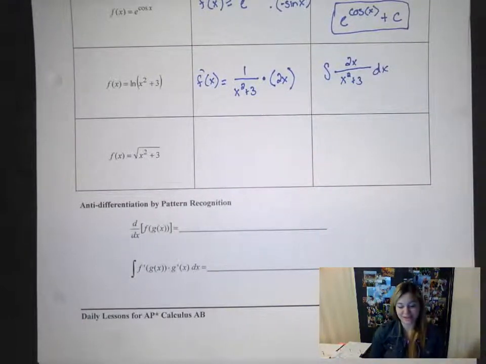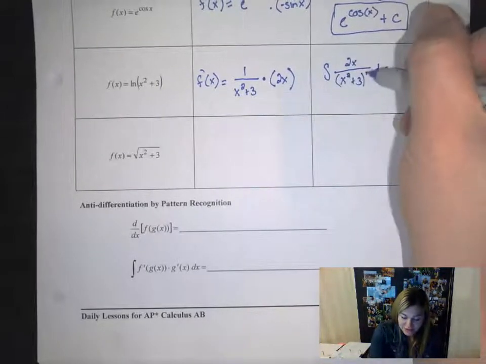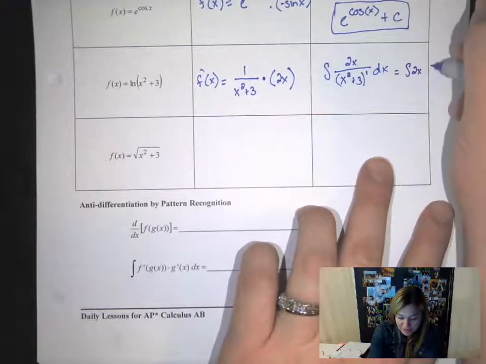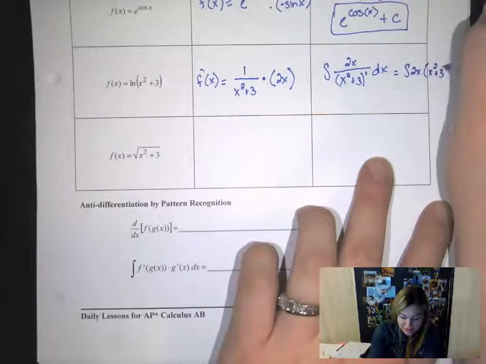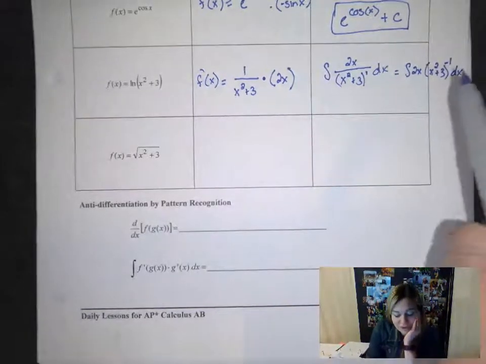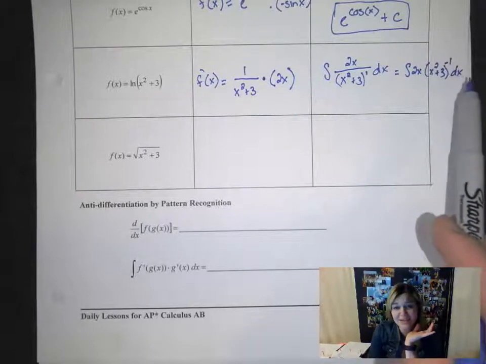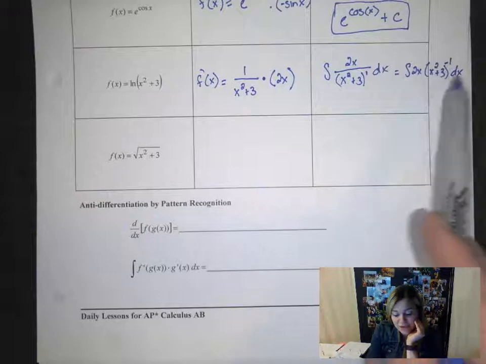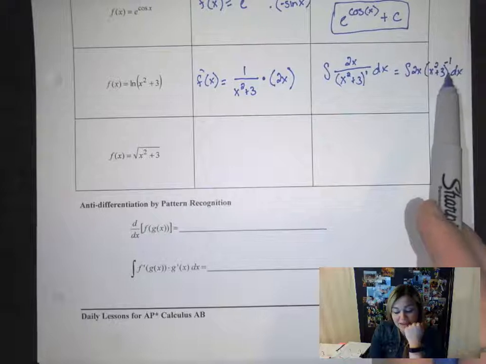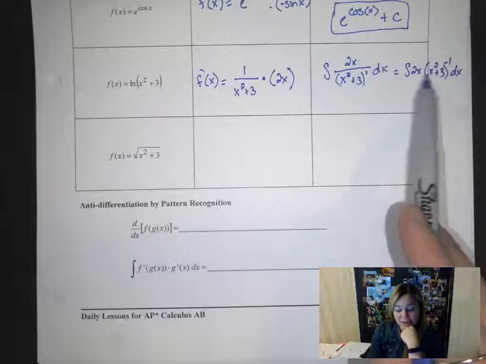This would be pretty tricky because you'd be like, what is this thing? And you'd have to recognize that this is all raised to the first power, and that really this is the same thing as x squared plus 3 to the negative first power. And then you'd have to be like, okay, what if I do this normal power rule? I add 1 to the exponent, I get 0, divide by 0. Something's happening, and so you can't do it that way. You should be like, okay, what could this possibly be? If I can't add 1 to the exponent and get 0, and I know the chain rule is happening because the derivative of this inside stuff is 2x,